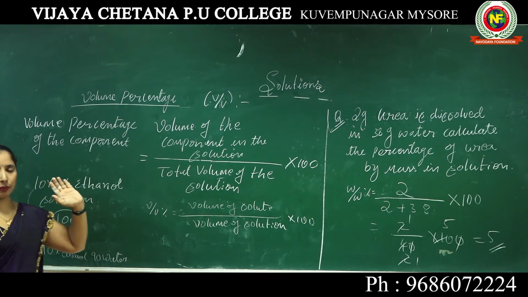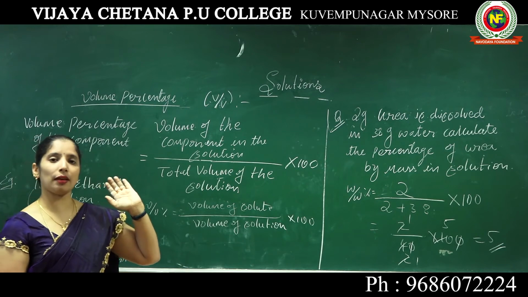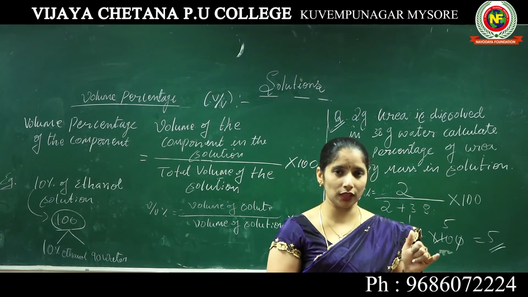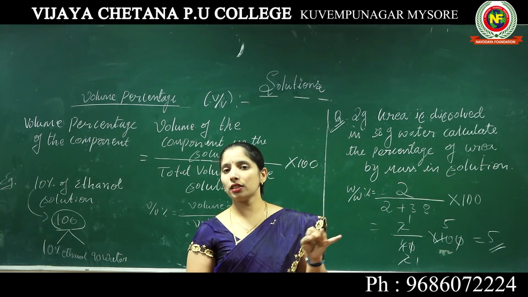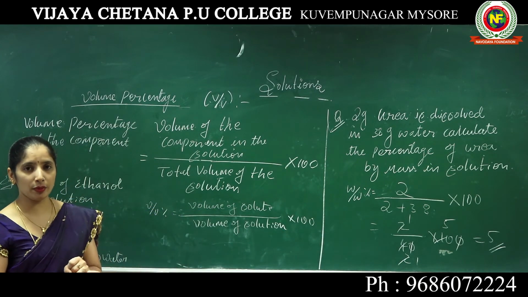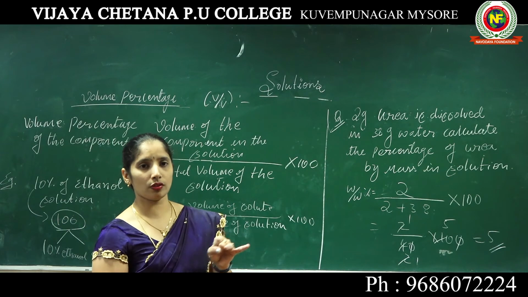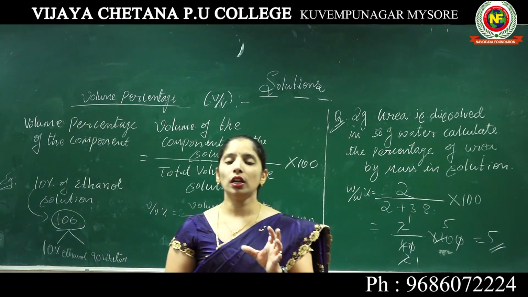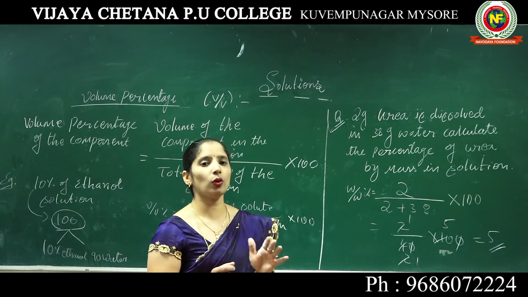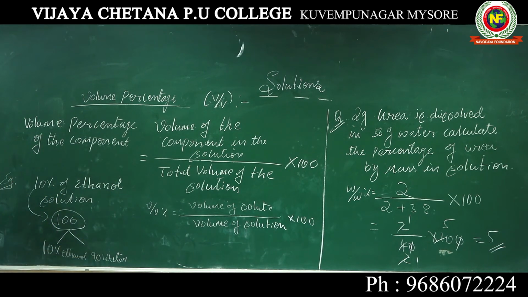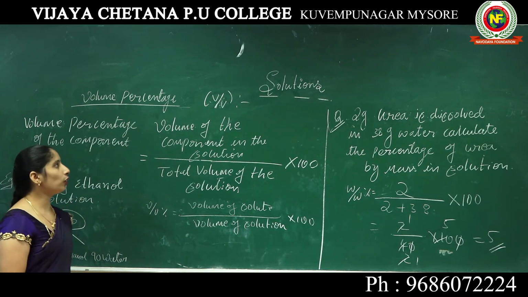If you come back to the mass percentage, the mass percentage is mainly used in industrial chemical applications. If you take the volume percentage, it is used in what I just told you, ethylene glycol. A 35% ethylene glycol solution we call an anti-freezer, mainly used in a car to cool the engines. So this is about the volume percentage, one of the ways to express the concentration of the solution.